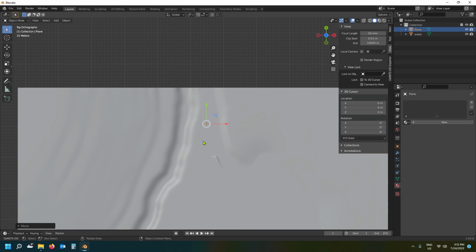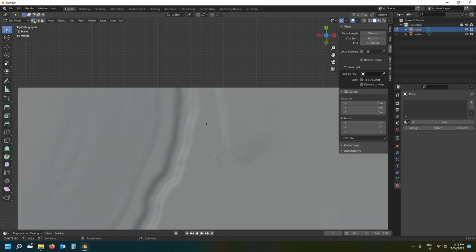From here on, guys, what we need to do now is start going back to edit mode. So on top again, edit mode, and make sure you've got vertex select selected. Then we're going to drag select over the vertex so it selects it. You press the E button, and now it is just a matter of